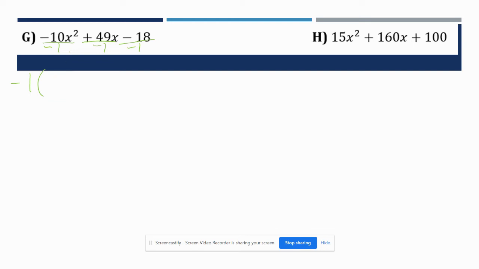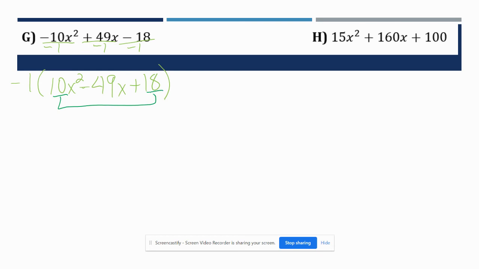Negative 10x squared divided by negative 1 is positive 10x squared. Positive 49 divided by negative 1 is negative 49x. And then negative 18 divided by negative 1 is positive 18. Now we can do